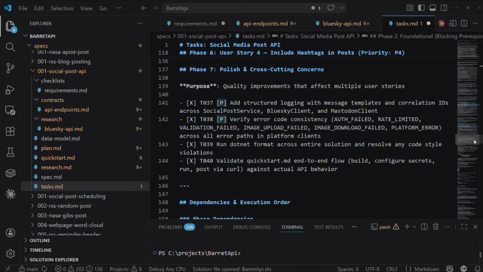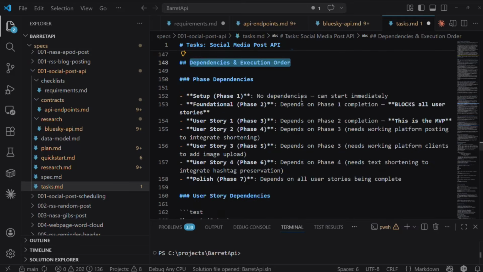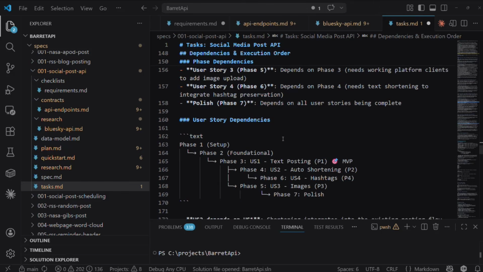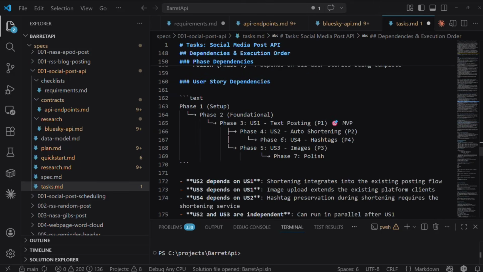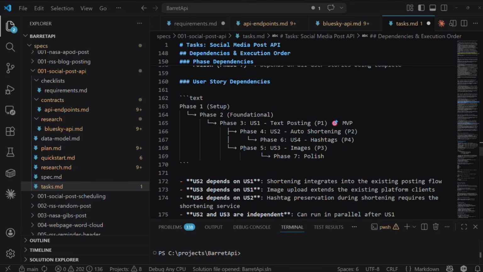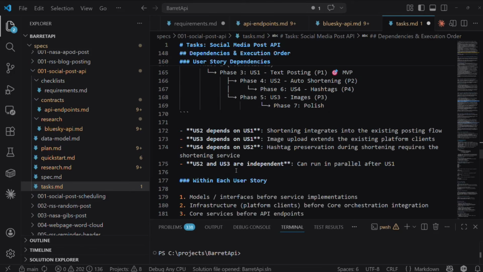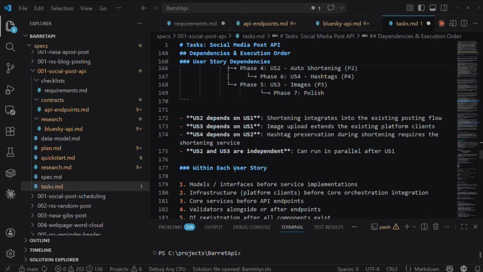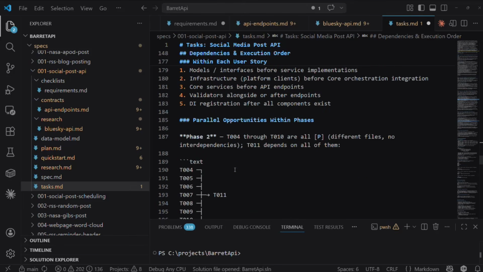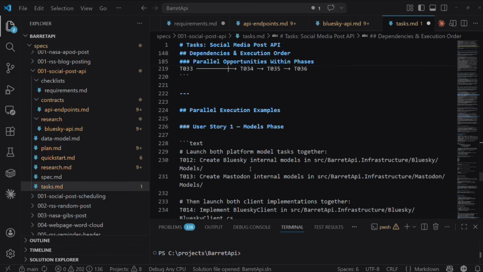Then after all the tasks are defined, it'll put in some additional notes about dependencies and phase orders and what's dependent on what, if it gets a little more complex than what's up above. So for instance here, US2 depends on US1, US3 depends on US1. It'll define these kinds of things as it's going through these various tasks, just so it knows, in order to do these, I have to first do this other set of stuff. And it'll define that for each of the tasks as it needs to.